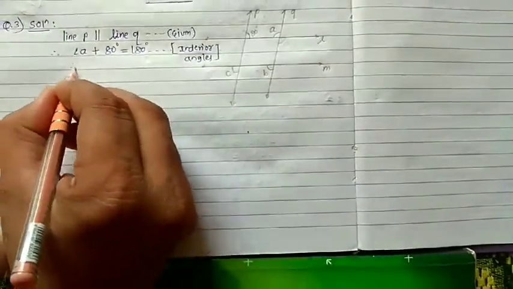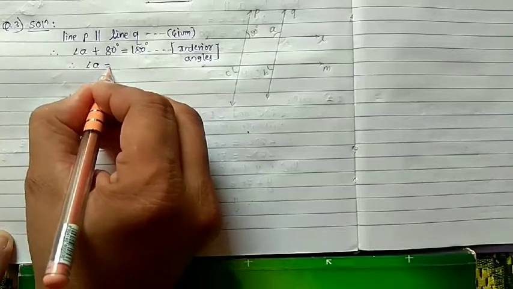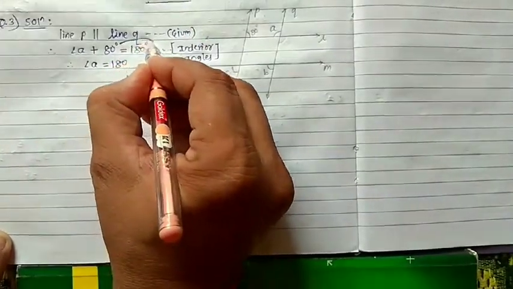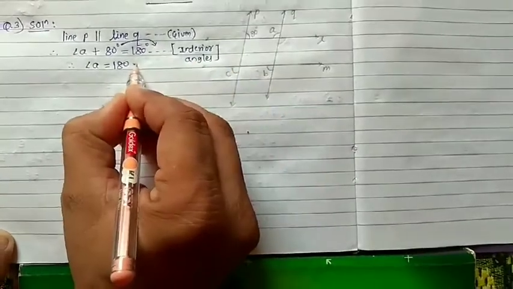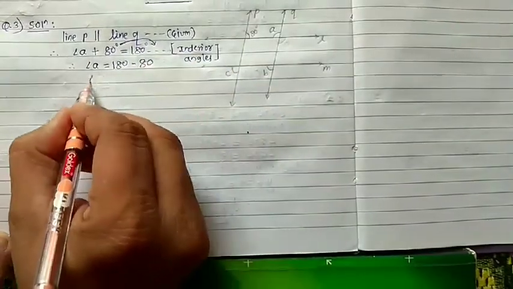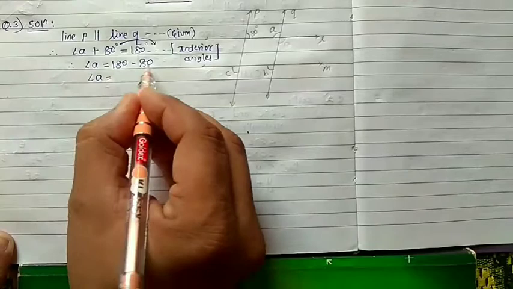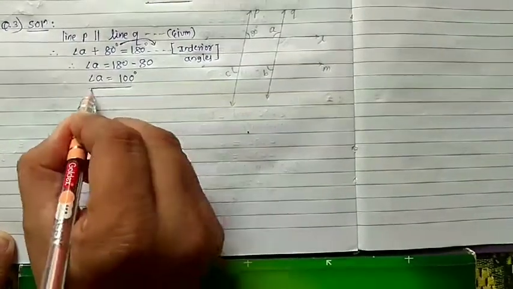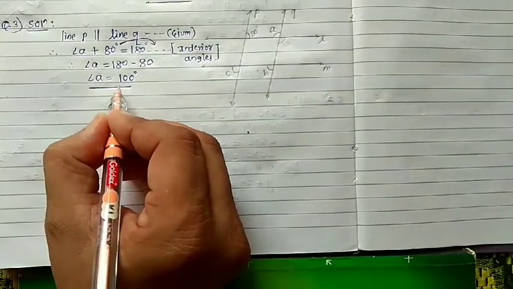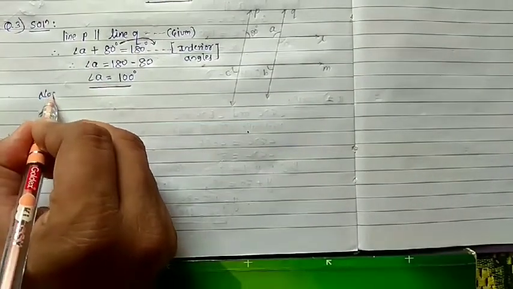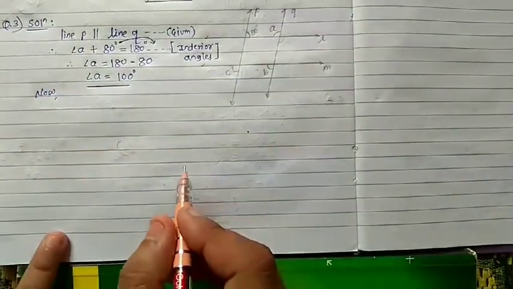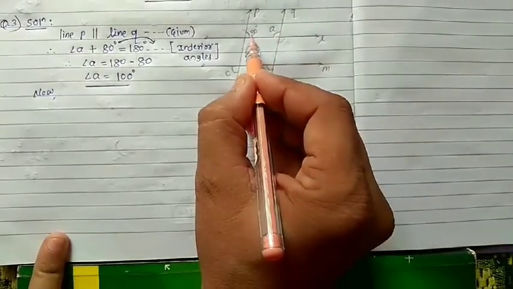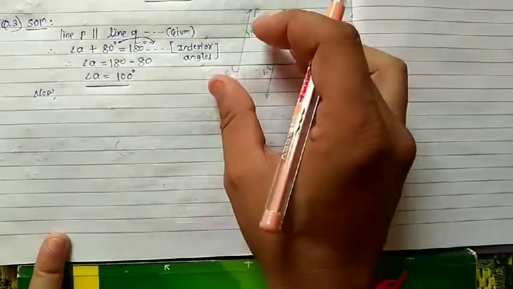Now angle A equals to 180. Bring plus 80 to the right hand side. It will becomes minus 80. So angle A equals to 180 minus 80 is equals to 100 degree. So this is the value of angle A. Now angle A equals to 80 degree. So this 80 degree and this angle C both are